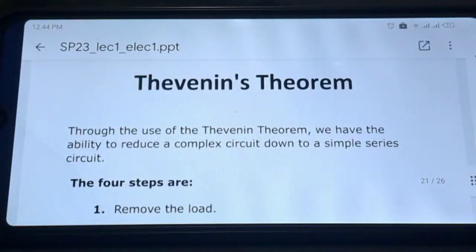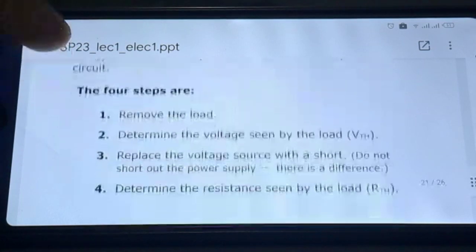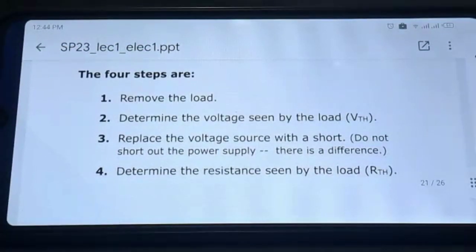Now we have Thevenin's theorem. Through the use of Thevenin's theorem, we have the ability to reduce a complex circuit down to a simple series circuit. There are 4 steps to apply Thevenin's theorem. First step is to remove the load. Second step is to determine the voltage seen by the load, V Thevenin,